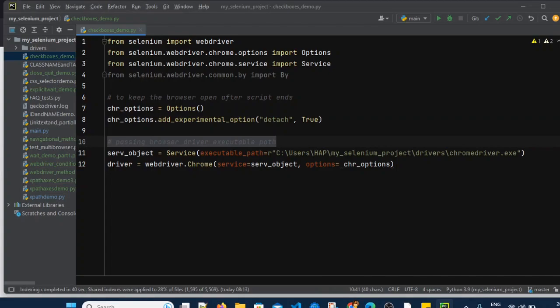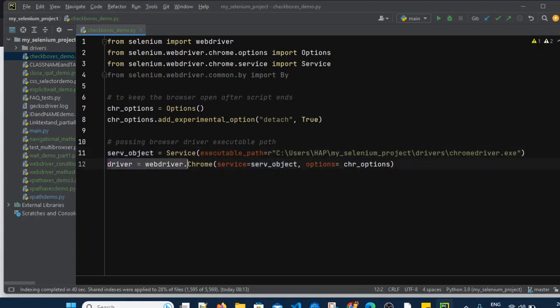Next, we have created a service class object, in which we are passing the executable path where we have kept our Chrome driver, our browser driver. This service class object as well as the Chrome options object we are passing in the driver instance.